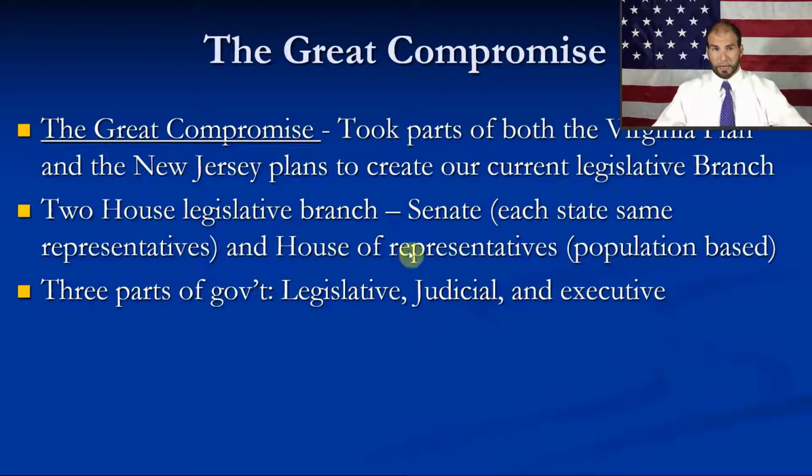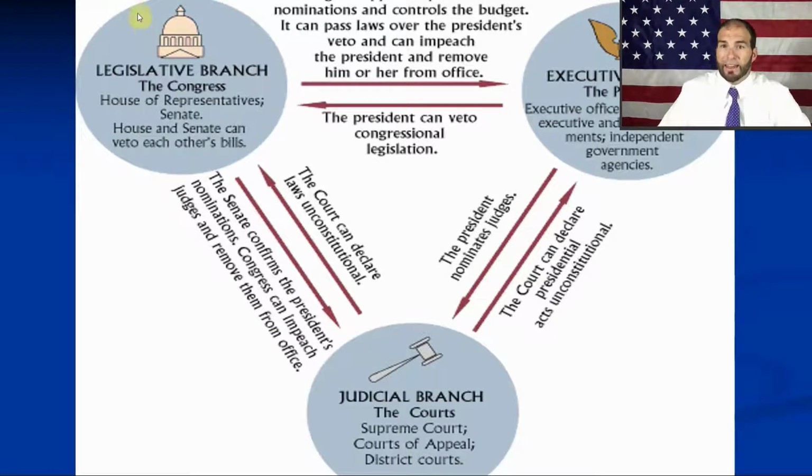So the Great Compromise is what we just talked about. It takes the Senate and House of Representatives from the New Jersey plan and the Virginia plan, and they merge them together to create what we call now Congress. All right, so you have senators and representatives. So there's 2 halves of Congress, and in order for a law to pass, they have to agree. And that just makes up this one part of our government, the legislative branch.